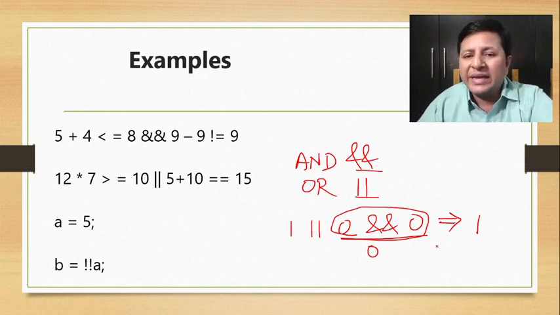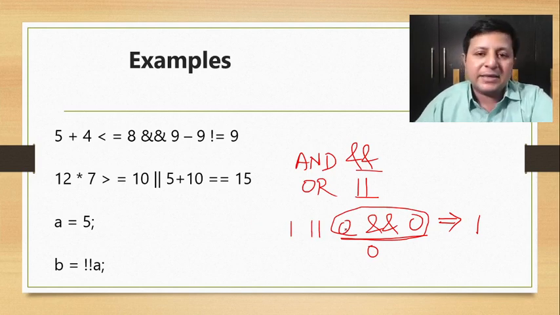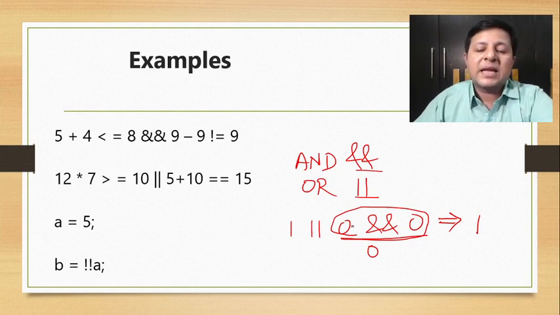Okay, so mark my words very clearly. Logical AND has higher precedence over logical OR. And that's the reason when we have OR and AND, something like this, and if you don't want AND to take place first, maybe for some reasons I want OR to take place first, then obviously we have to put that in brackets. So give more precedence to OR. Otherwise, by default, AND has got higher precedence over OR. Is that clear? Okay, so that completes a lot of examples for having a better understanding about logical operators.